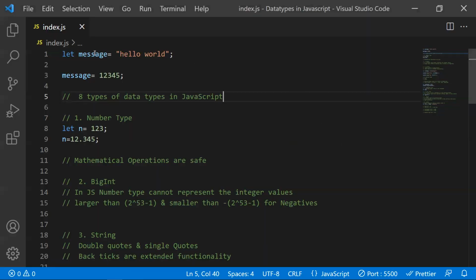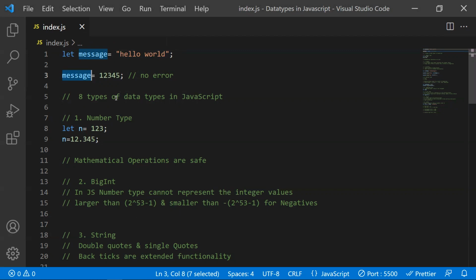If you declare a variable like message and assign some value to it, this is good. After some lines of code, initially you had assigned a string value, and if you assign a numeric value to the same variable, you will not get any error here, because in this state it is a string value. After a few lines, in this state, we have assigned a number. So now the type of this variable is number. There won't be any error here.